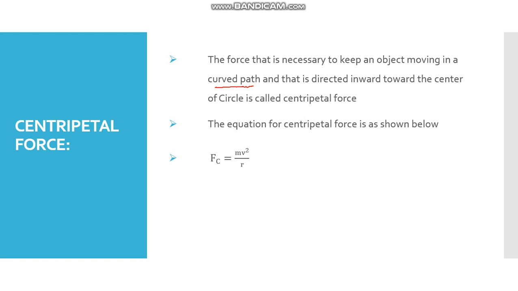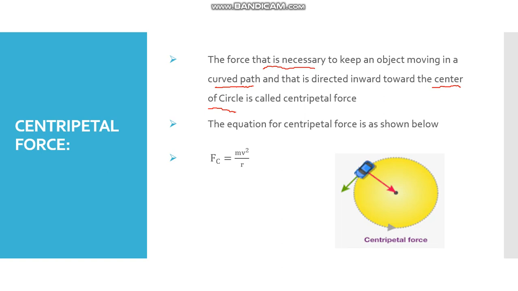If you look again at the definition, it is the force that is necessary to keep an object moving in a curved path. इसका मतलब ये है कि अगर कोई भी बॉडी एक सर्कुलर पाथ के अंदर मूव कर रही है तो इसका मतलब ये है कि डेफिनेटली कोई एक फोर्स ज़रूर ऐसी है कि जिसने उस बॉडी को उस सर्कुलर पाथ के अंदर होल्ड किया हुआ है, ठीक है, और उस फोर्स की डायरेक्शन जो है वो टूवर्ड्स द सेंटर होती है, ठीक है. So this force is called the centripetal force that is necessary to keep an object moving in a curved path. The formula for centripetal force is F, and this c represents centripetal. So Fc is centripetal force and it is equal to mv square upon r.